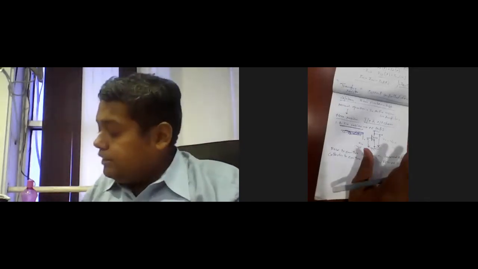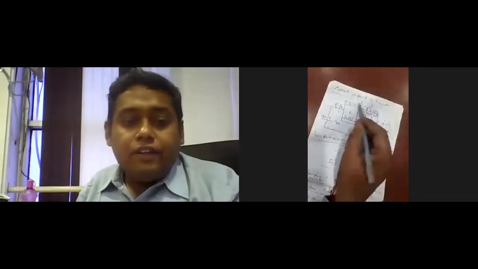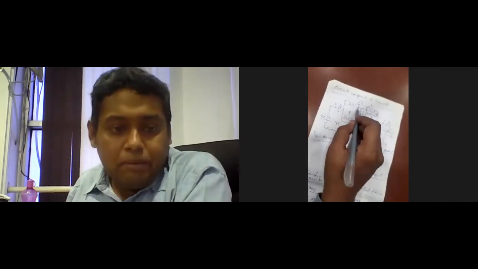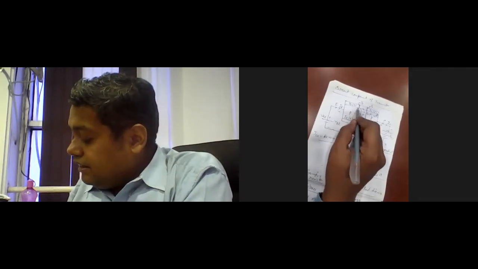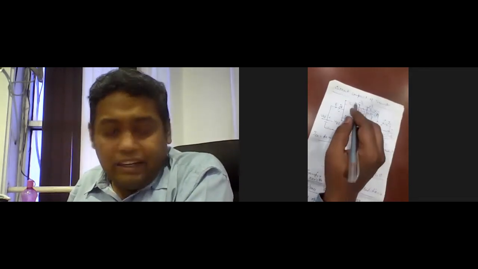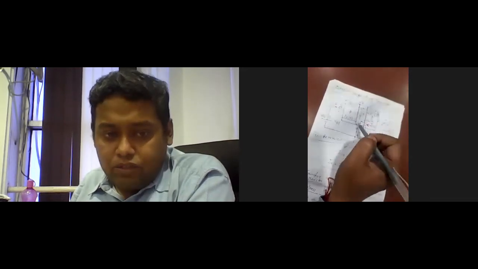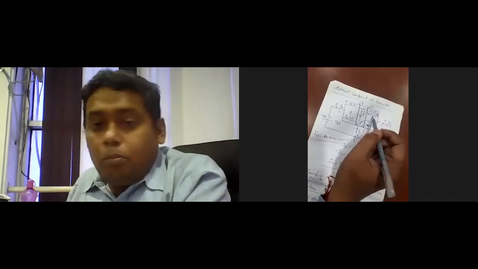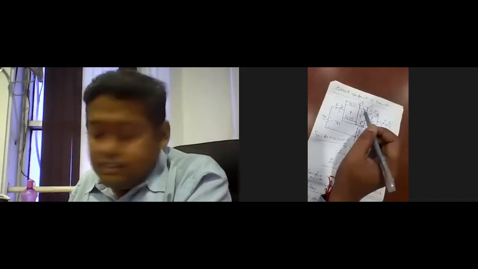In the active region, the transistor acts as an amplifier. We also saw in the last class this figure of the different current components of the bipolar junction transistor. Here, the input current, that is the emitter current, flows into the emitter region, and the forward current crosses the junction JE and reaches the base terminal. Due to the narrow base width, most of the carriers reach the collector side, and for that reason the concentration gradient occurs.